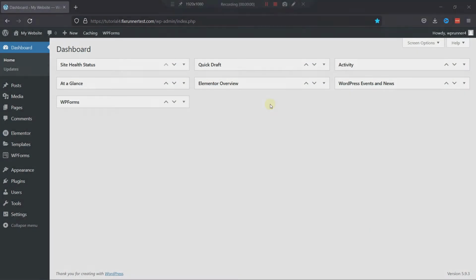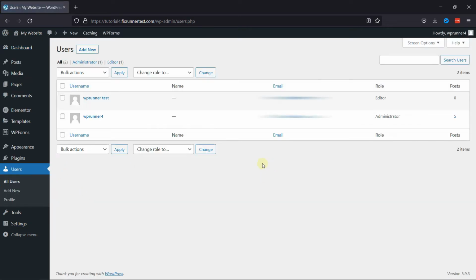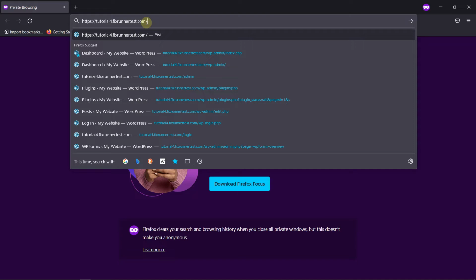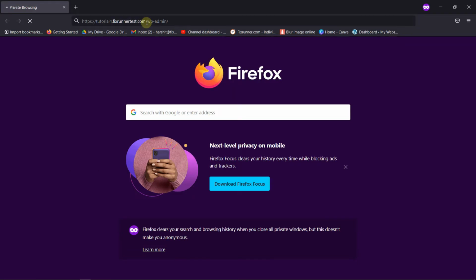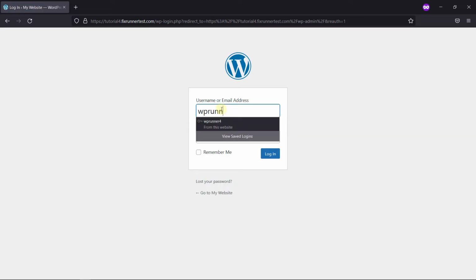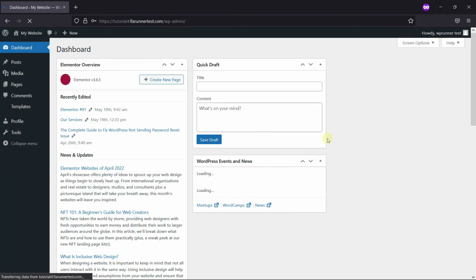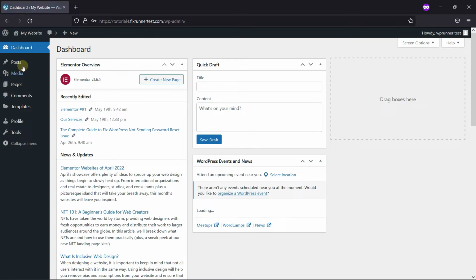some users. If I go to my users and click on All Users, here you can see two users here, Administrator and Editor. If I open my site in a private tab and log in with the Editor user account,